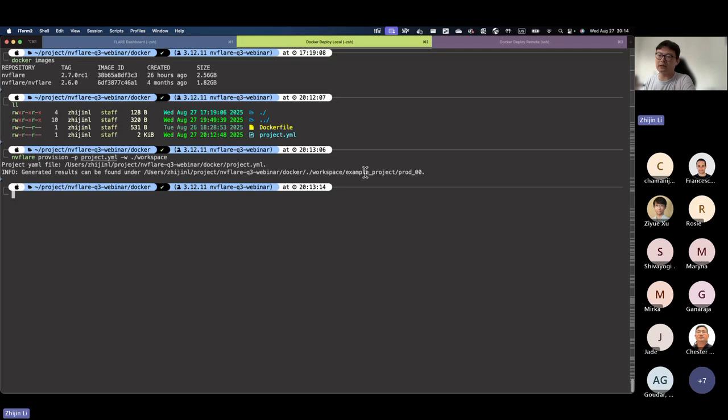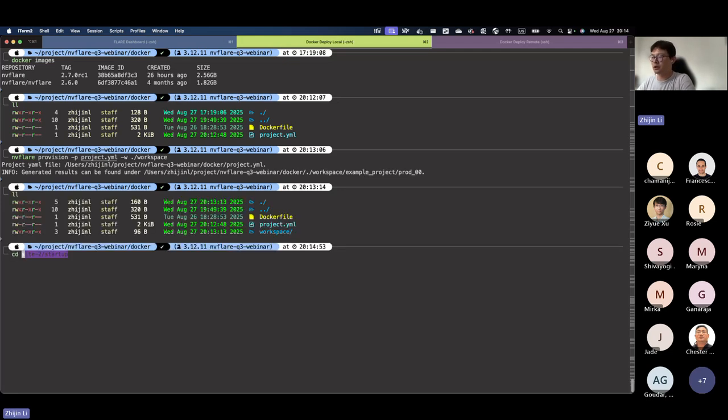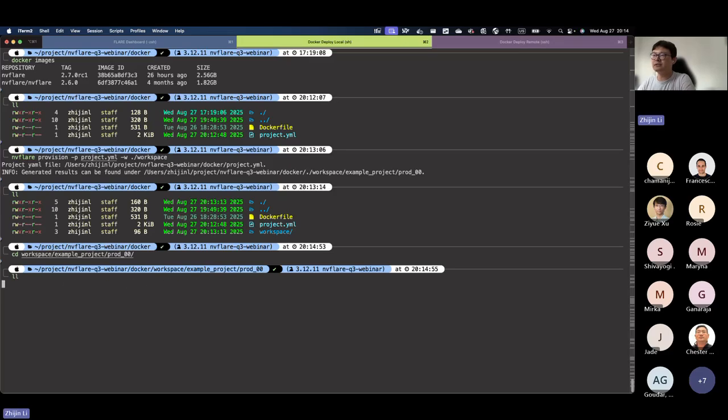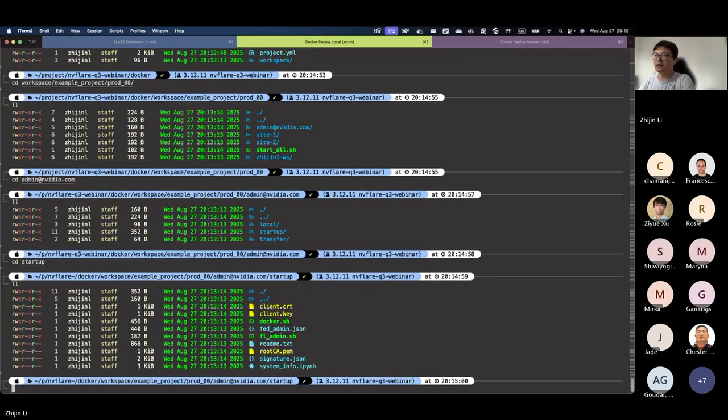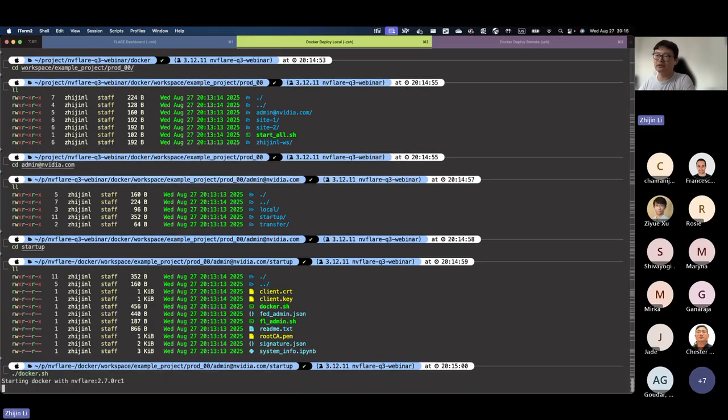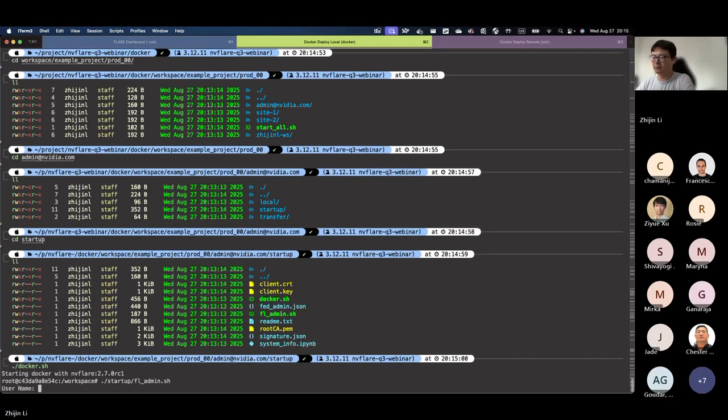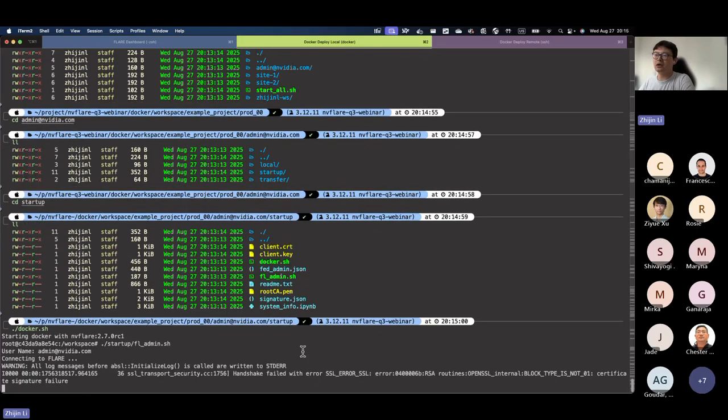To verify that the server side is running correctly in Docker mode, we can, for example, go to the admin's startup kit, and then issue this docker.sh. This will bring us directly into the Docker container, and inside of it we can run the FLARE admin command script, and then again, with our credentials,